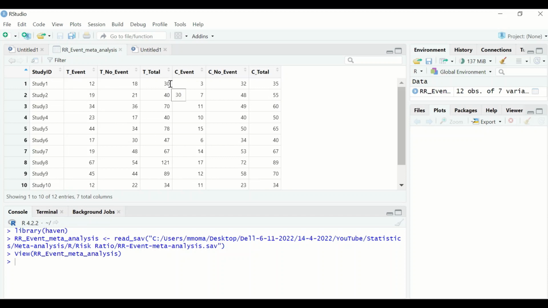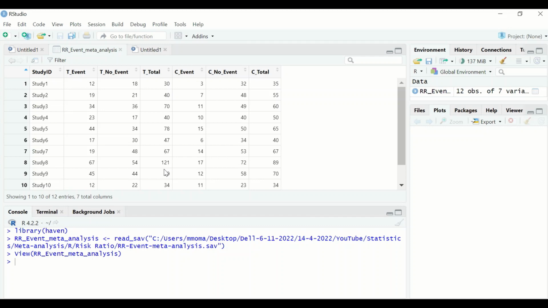So each study was designed to have two separate groups. One is experimental or exposure, and the other is the control, and the events in each group are counted and recorded. So here we have an outcome that is binary, whether the event occurs or doesn't occur. So it is a dichotomous, binomial outcome, and the risk ratio can be calculated and used to estimate the effect size. So to do a meta-analysis on this data based on a risk ratio for a binary outcome, first install the